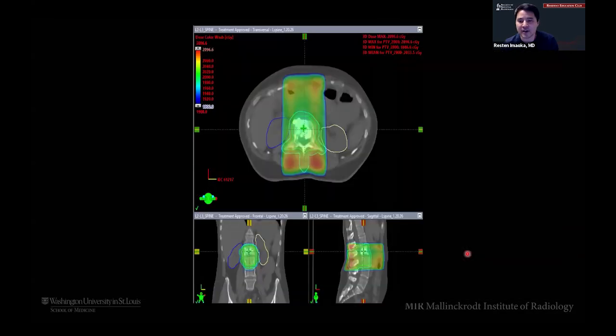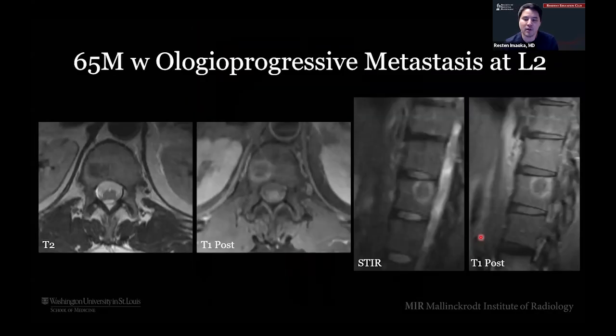And again, a lot of these patients are treated with rad onc at the same time. So this was just what their mapping kind of looks like. You can see how they conform their radiation to the vertebral body. And this person ended up getting 20 gray. So that's kind of how that works. We'll just go over now kind of the procedural steps of how you would do ablations.